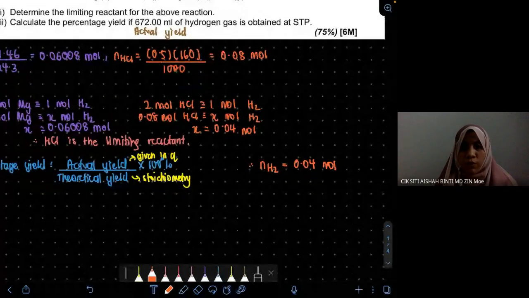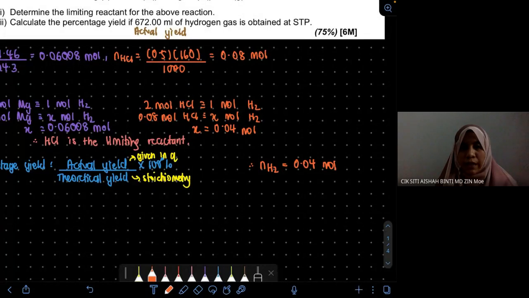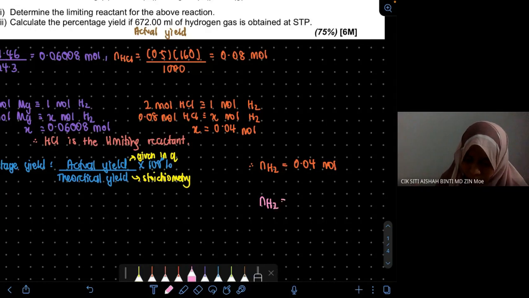So for volume, we can't use number of mole equal to mass over molar mass. For the case of volume, the number of mole of H2 is equivalent to